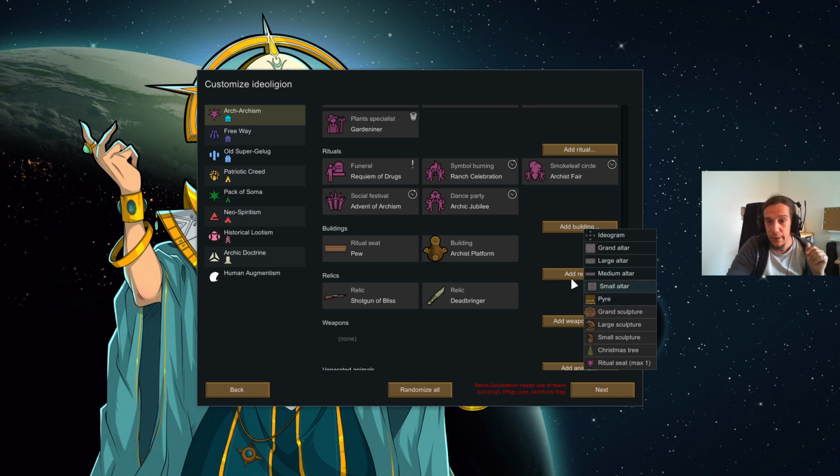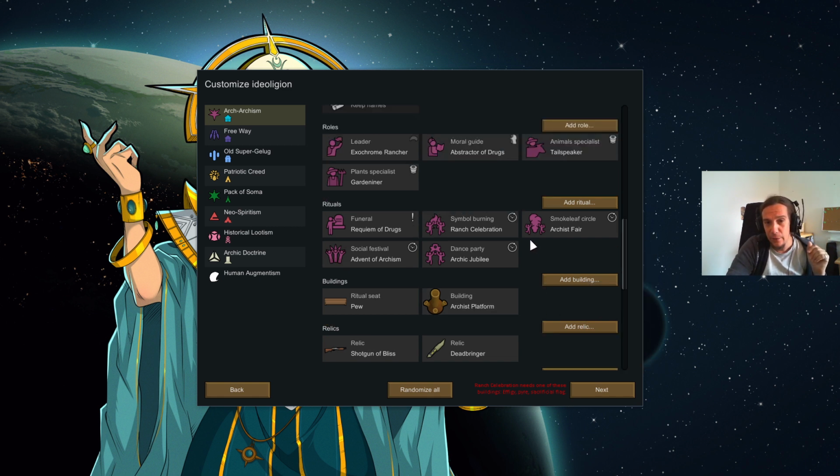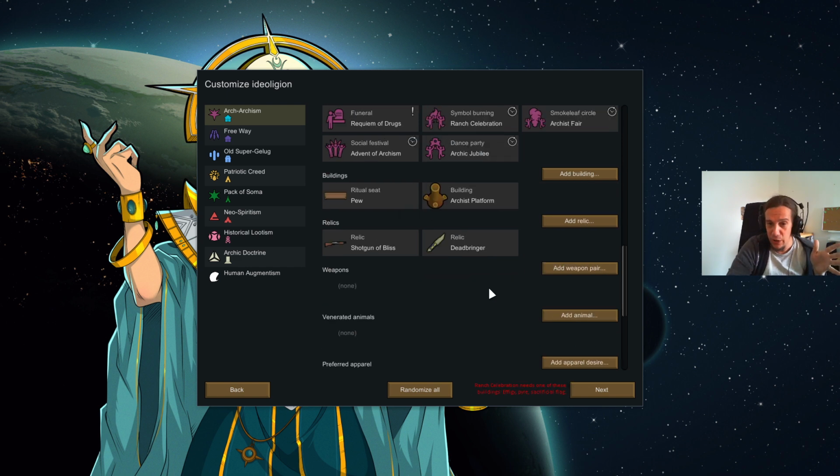Pretty nifty to know. So every time you want to go for symbol burning things, keep in mind that you need timber for that. So maybe you don't want to go for a symbol burning in, let's say, your latest sea ice playthrough. But jokes aside,